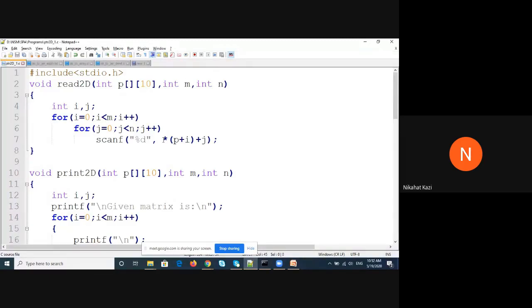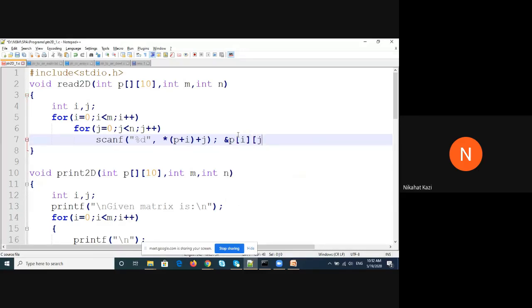Now, you just remember that generic expression. Star of P plus I will give me the ith row's address. In that row, if I want the jth column, I do a plus j. So in the ith row, the jth column. First I'll need 0, 0. Now remember, this is an address. So what do I write in scanf? I write an address. If I am not using the pointer notation, this would have been the address of P of ij, right?